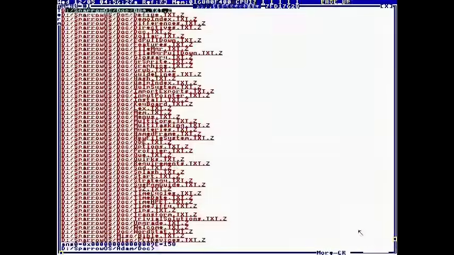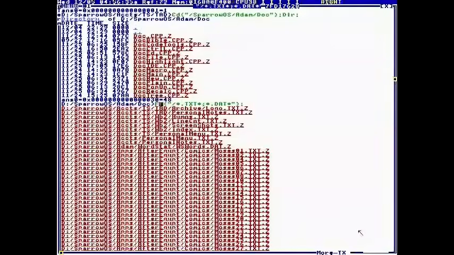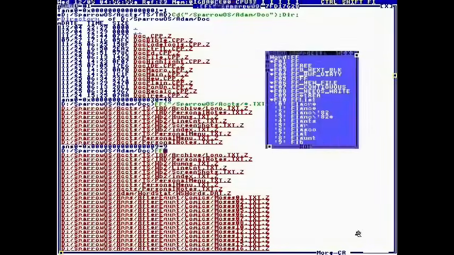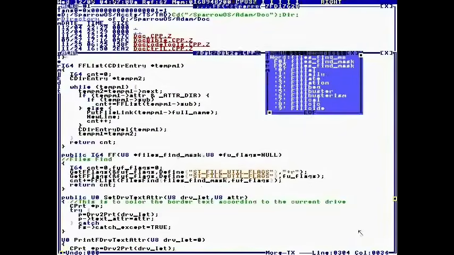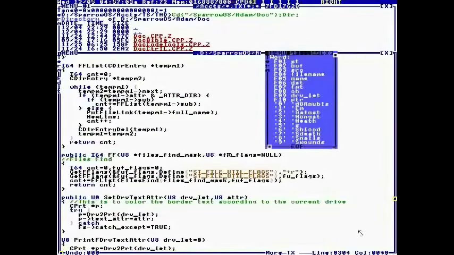Okay, well, I don't know. Anyway, so it did .dat and .txt. If we say sparrow os slash accts slash star. Okay, anyway, so the FF takes a file mask, which is one of those directory and then file type things, and then it also takes